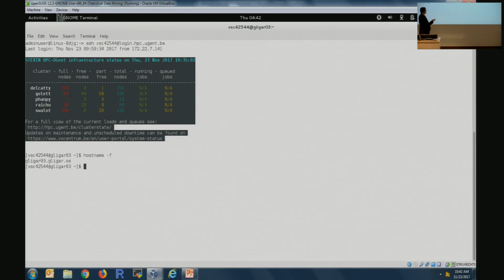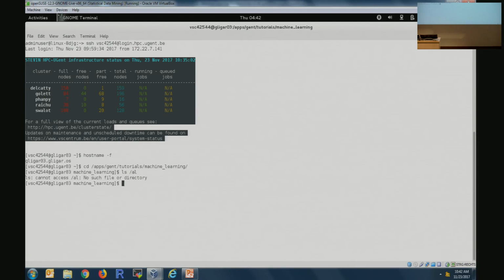And interestingly enough, we will see again there are different clusters here. And the one that we are interested in is Golett in the tutorial. And I'll show you later how to sort the modules and so forth. But that's not relevant at the moment. We want to look at some data. And the data is basically available in this interesting, longer directory, Ghent tutorials, machine learning. You can just look into that and what's available there. This is cd, you go into the directory.